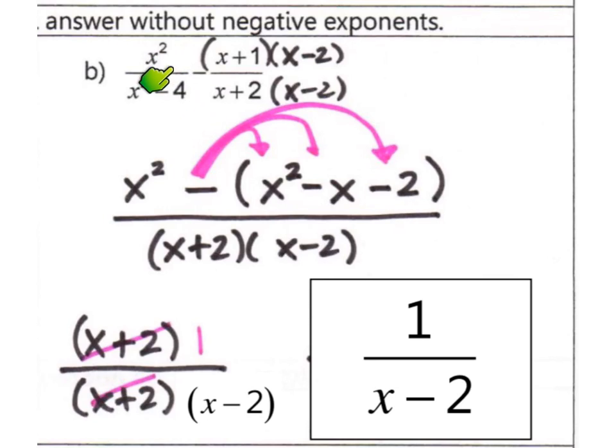And we still have the x squared over here, and they're both over the same denominator, so I can write it as one fraction. We're going to simplify this, so x squared minus x squared, well, that goes away. This negative is distributed to that, so it becomes positive, and it's also distributed here. We get a positive, so we have x plus 2. Since we now have x plus 2 in the numerator and x plus 2 times x minus 2 in the denominator, these two factors cancel. I'm left with a 1 in the numerator and an x minus 2 in the denominator,